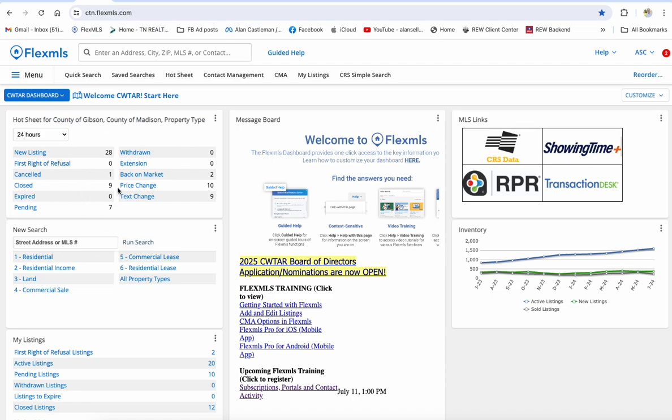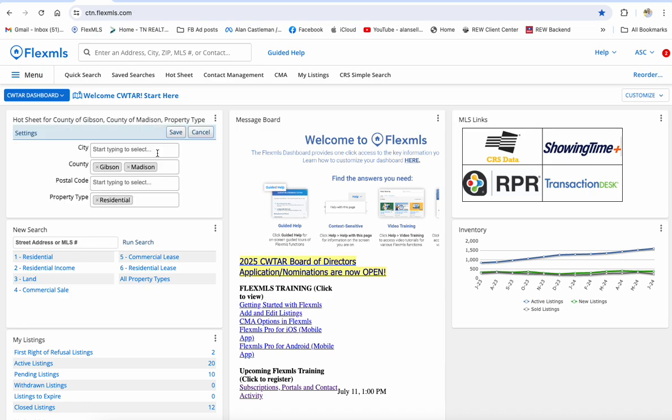So let's look at hot sheet. Notice my hot sheet says hot sheet for County of Gibson, County of Madison, and I've got 28. I've already adjusted mine, but I'm going to show you how I did it. Click on these three little dots, and I can do settings, refresh, maximize, remove. I can get rid of it if I want to. Just go to settings, and all you've got to do is type in what you want, right? Let's just say,